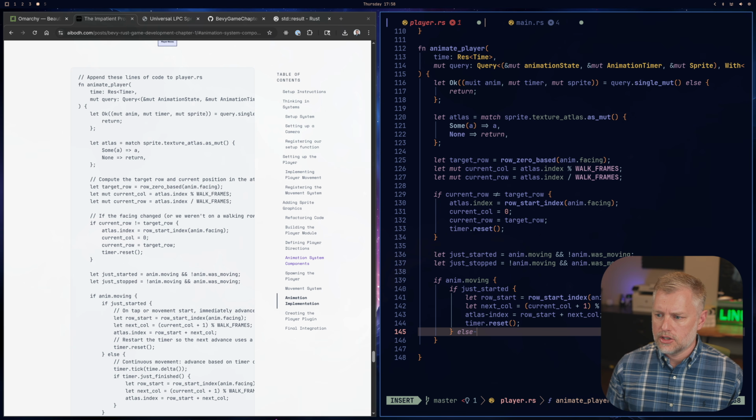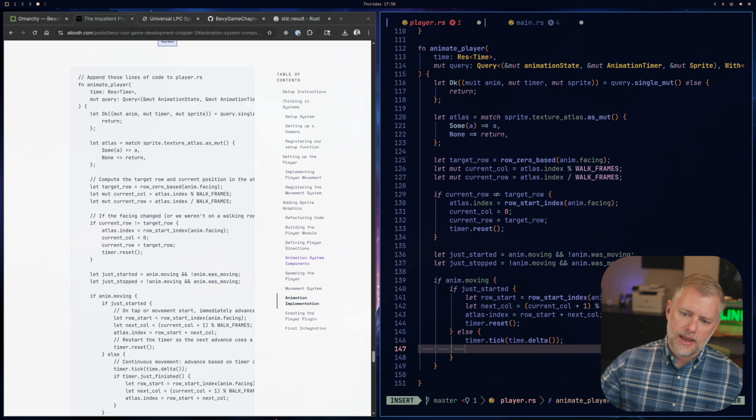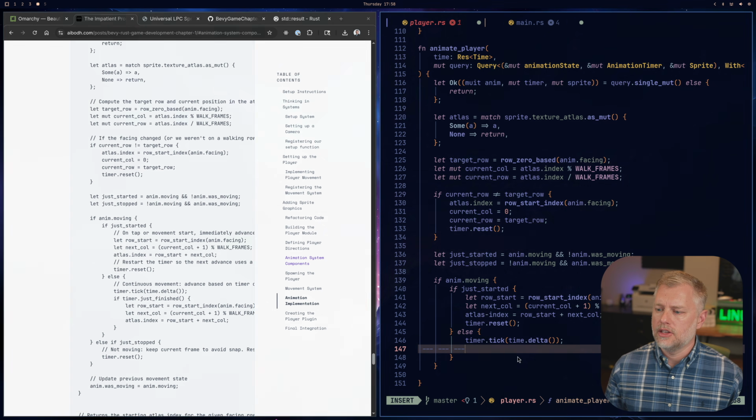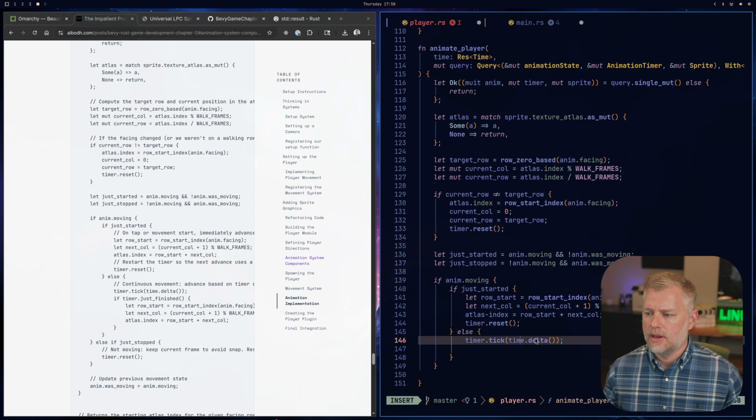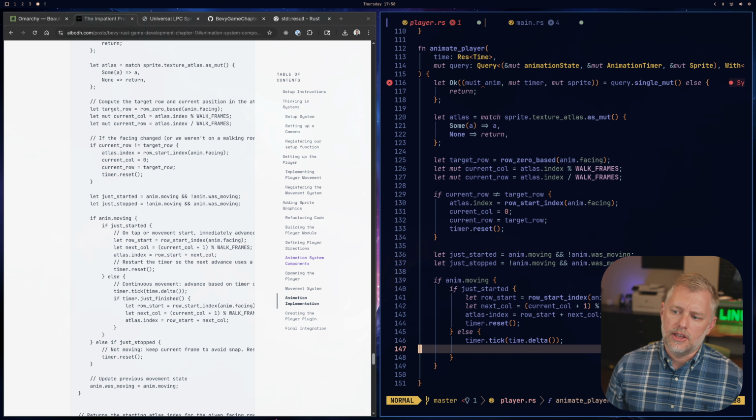And we're going to say else if it didn't just start. So if we're already moving, then we want to go ahead and tick that timer. We're going to tick it by the time delta, and that's just saying how much time has passed. And this is maybe important to call out: time.delta is different than timer here, right? These are two different things. And then we'll say if the timer just finished,